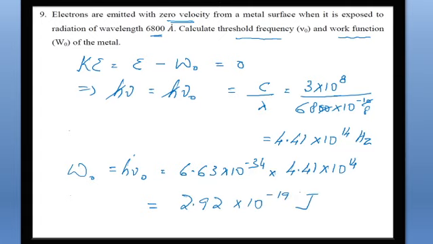And in one of the problems we have already discussed that in case they ask you to express the answer in electron volts, all you need to do is finally divide it by 1.6 into 10 to the power minus 19. So whatever answer you get will be in electron volts. Right now they have not asked, so we can go to the last question now.